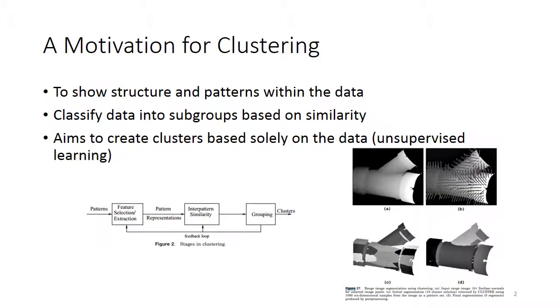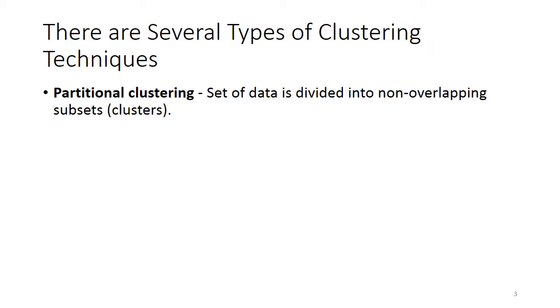And here's just an example of how clustering and dimension reduction was used to create image D from image A, where image C is kind of a recreation and D is adding in bits of information that were left. So there are several types of clustering techniques, and those are just partitional clustering, where the